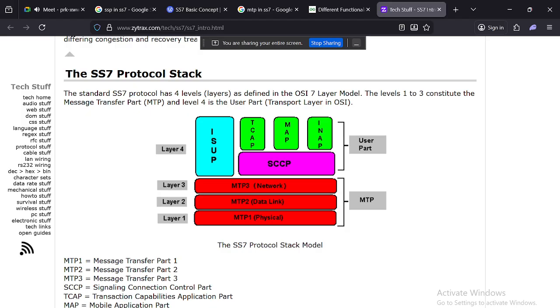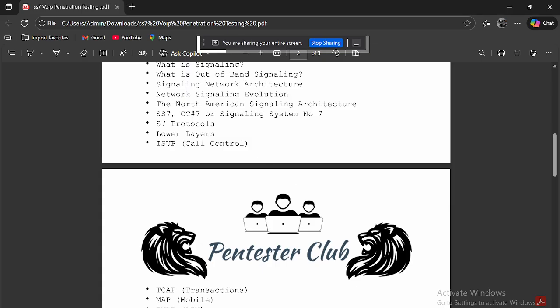MTP3. So this is on MTP3. Now, what else would we like to look at? Let me look here at the SS7 protocols, MTP3. These MTPs, the physical link layer, the data link layer, and the network layer, will be intercepted through Wireshark; it will intercept everything from there itself.